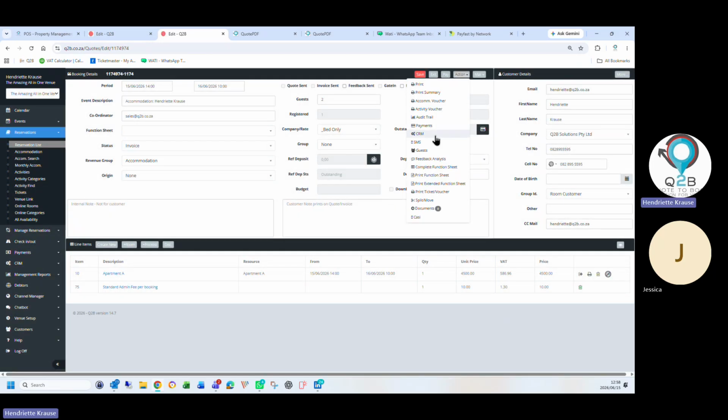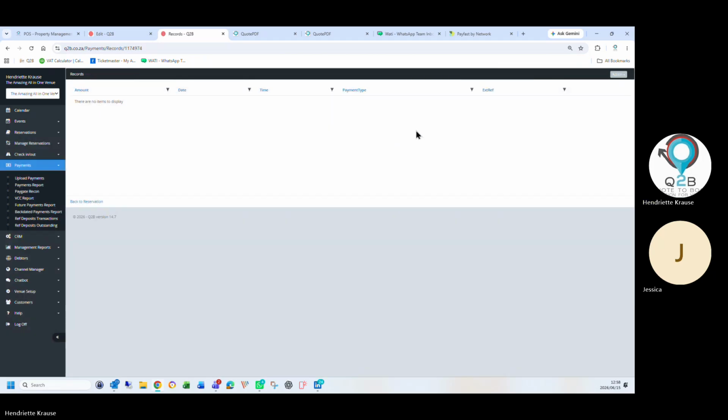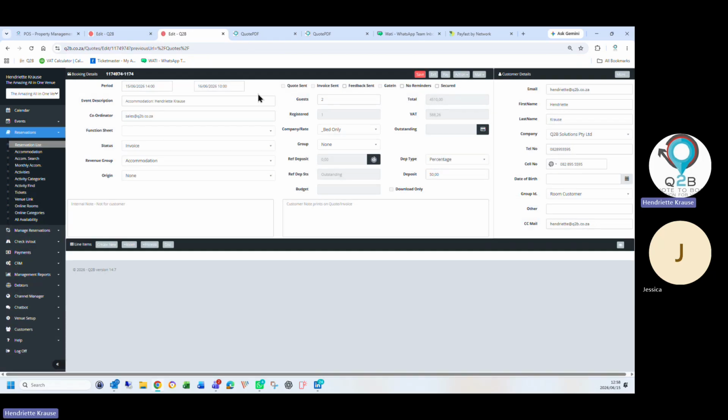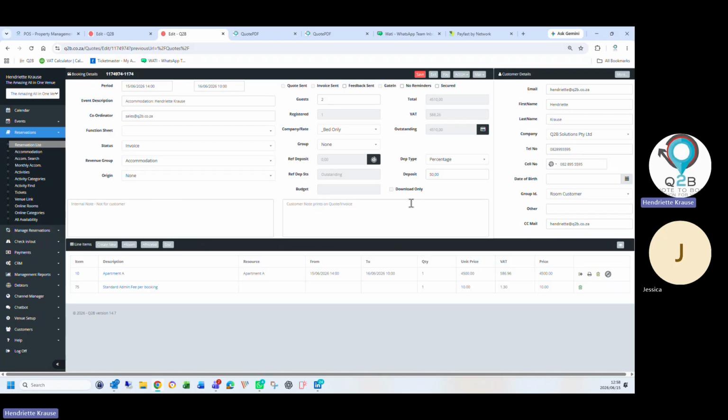So if I go to my payments here, I didn't record that payment. Okay, then I can easily refund them as well from the PayGate with the same card details. The card details is never available on Q2B. We encrypt it every time you click on it. It's encrypted in a different way.